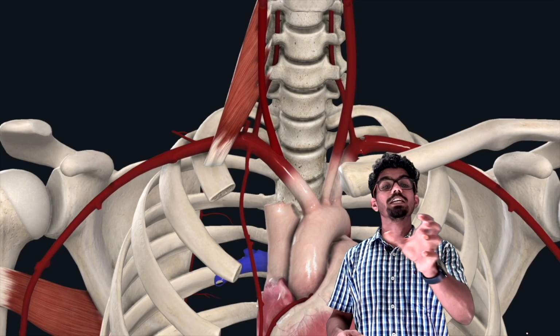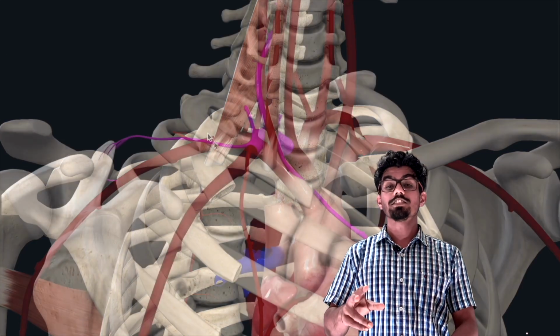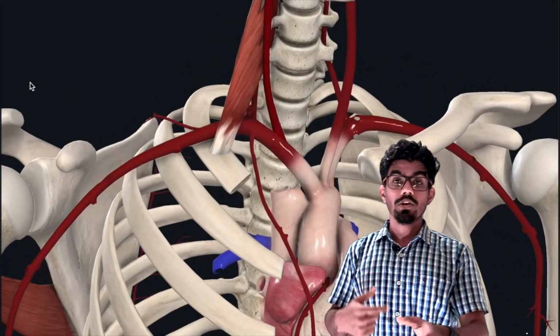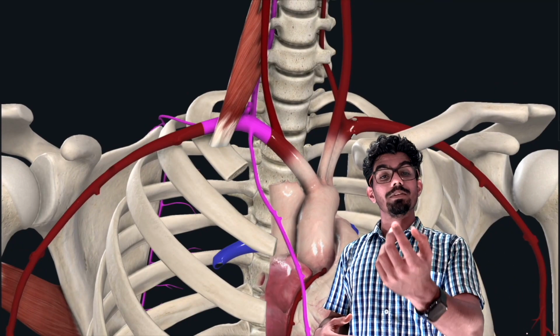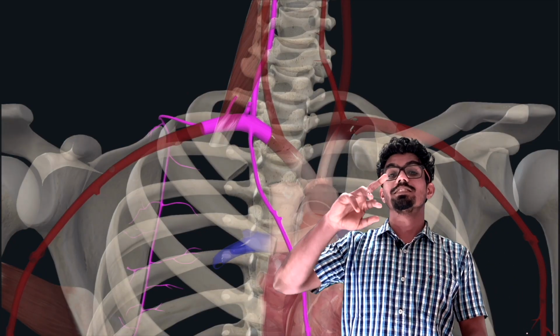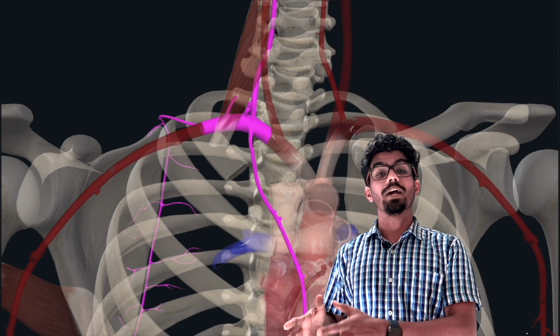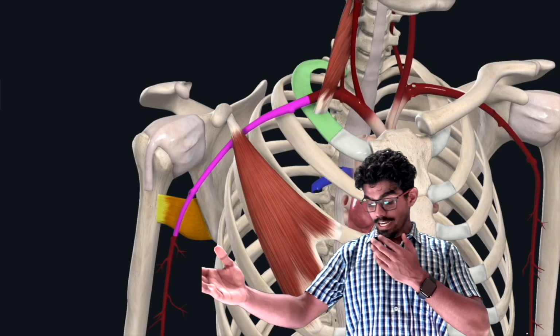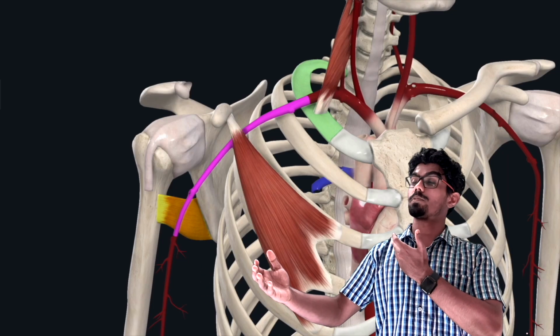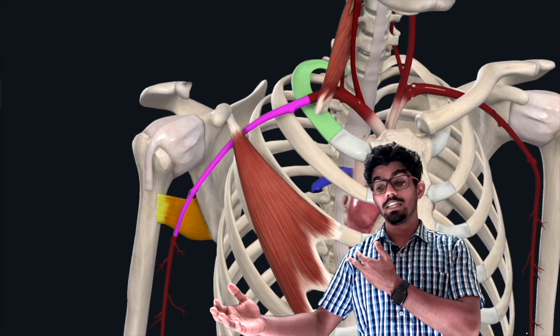The VIT part of vitamin C and D is the branches of the first part of the subclavian artery, whereas the C part gives the second part branch of the subclavian artery, whereas the D part denotes the third part branch of the subclavian artery. Okay, the vertebral artery, internal thoracic artery, thyrocervical trunk, costocervical trunk, and the dorsal scapular artery are the branches of the subclavian artery. Again, after crossing the outer border of the first rib, the same subclavian artery is converted